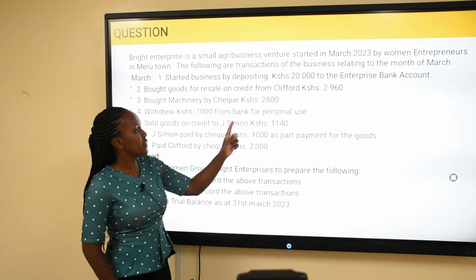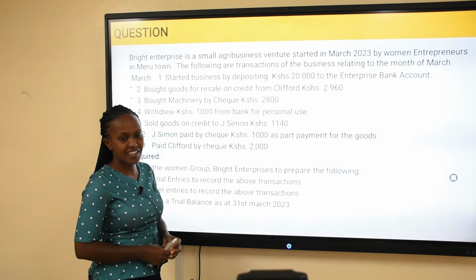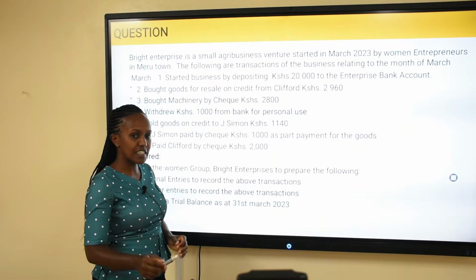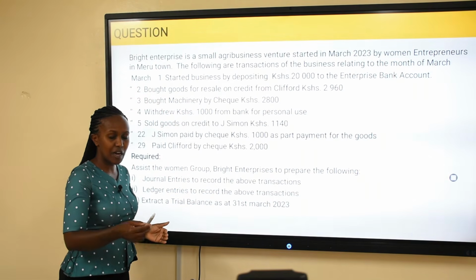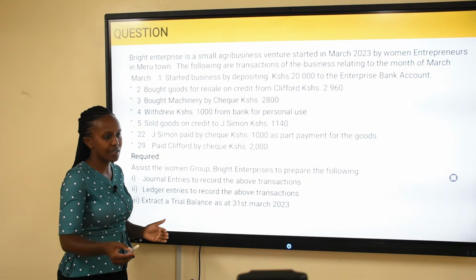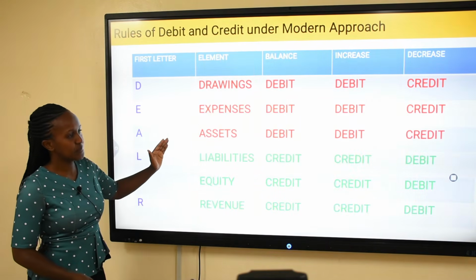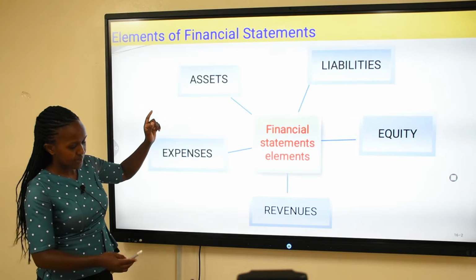The other account being affected is bank. The money in the bank has also decreased. So we have two things here. We have drawings and we have an asset called bank. So coming back here, we are saying that